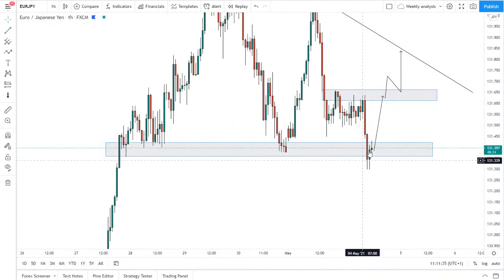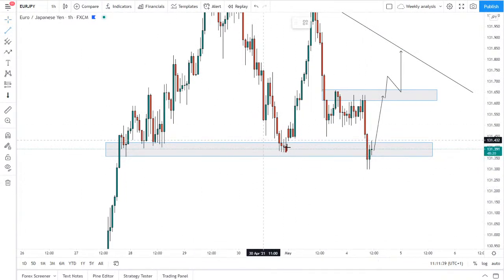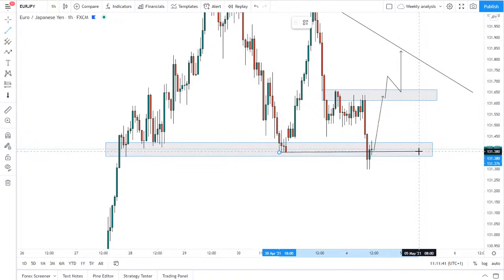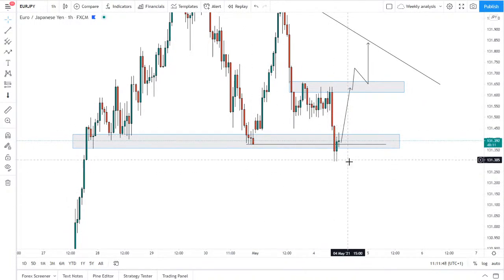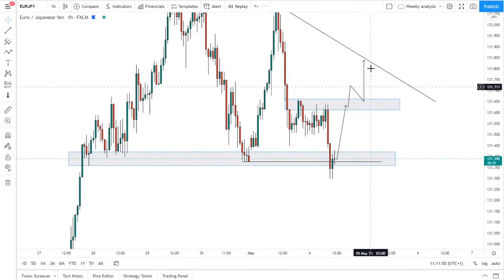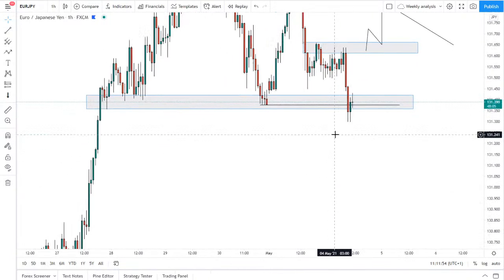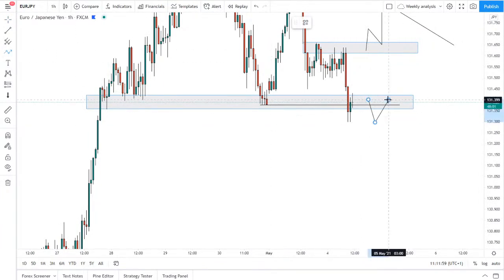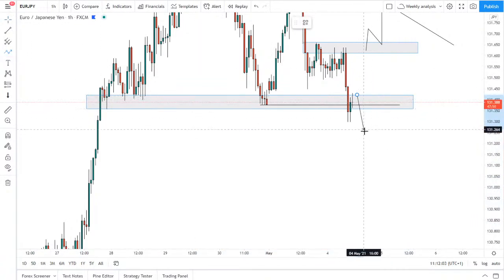but it does look like we're hanging on to this area just about, with those two wicks just below, again catching people on the wrong side of the market, taking out stop losses, because this was our previous low. Again, people will look to buy around there, or stop losses just below. Those wicks would have taken people out, and then we could see a push to the upside after that, if we do remain holding that level. Of course, if you do break through it to the downside, then potentially could see a bigger push to the downside after that,